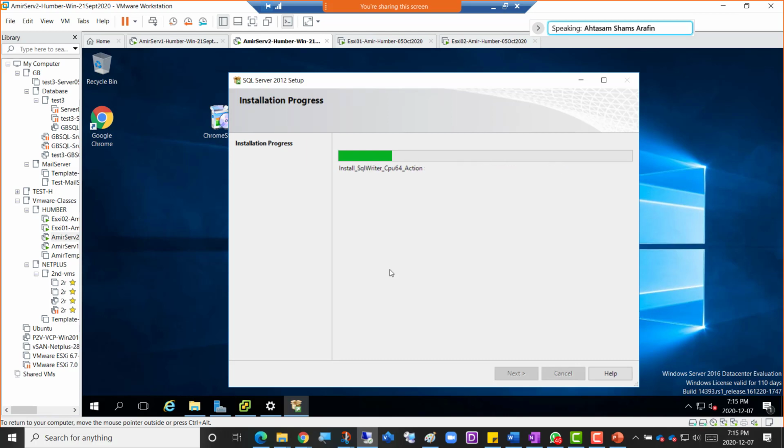If the SQL Server is fully installed, then it should. Did you click the SQL Server and then click install, and did the SQL Server installation go on?